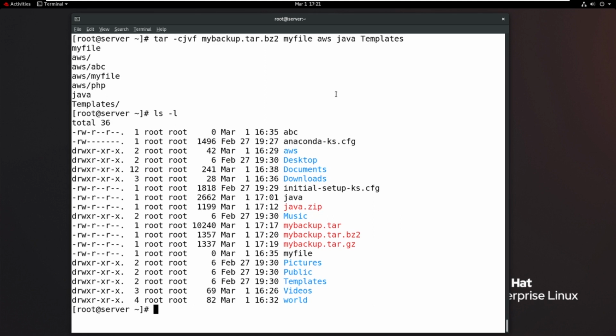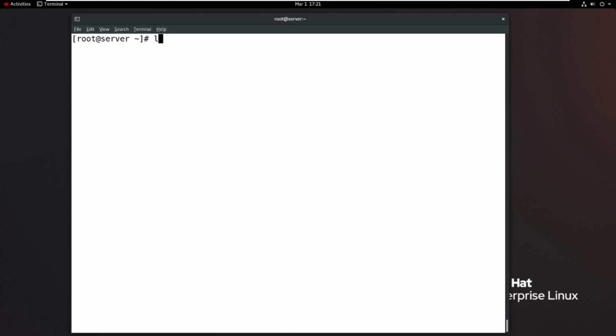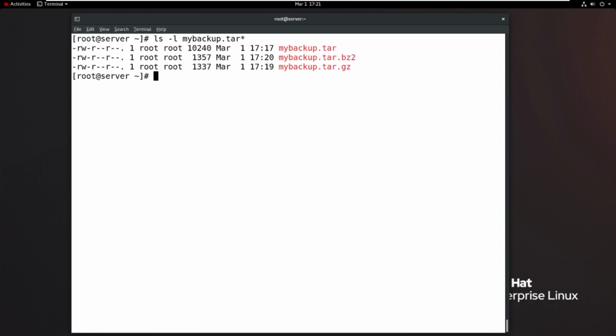Now what are the remaining options? Okay sir, we just created files, and I want to know about my backup tar files. These three files are successfully created: my backup.tar, my backup.tar.bz2, my backup.tar.gz.